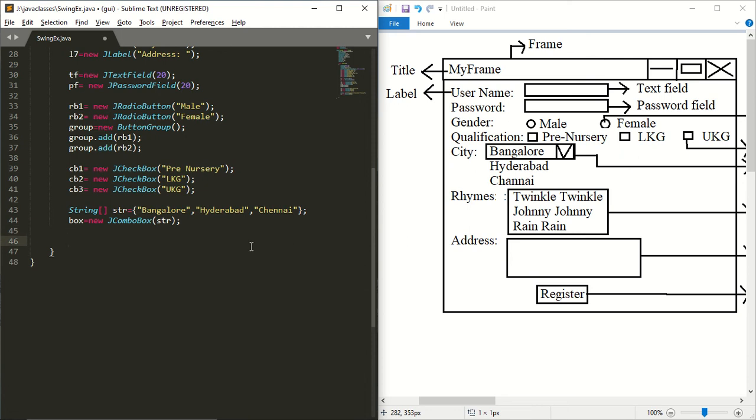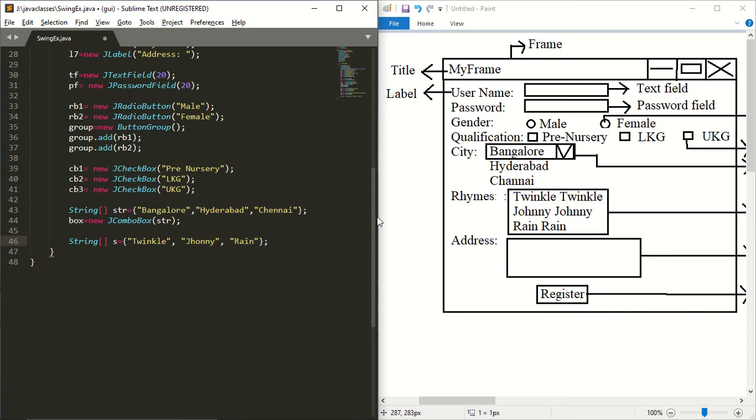Next I should create a list. For the list also, I will create a string array. String array s is equal to, so what are the contents of the list? We have twinkle twinkle, next we have Johnny Johnny, next we have rain rain.